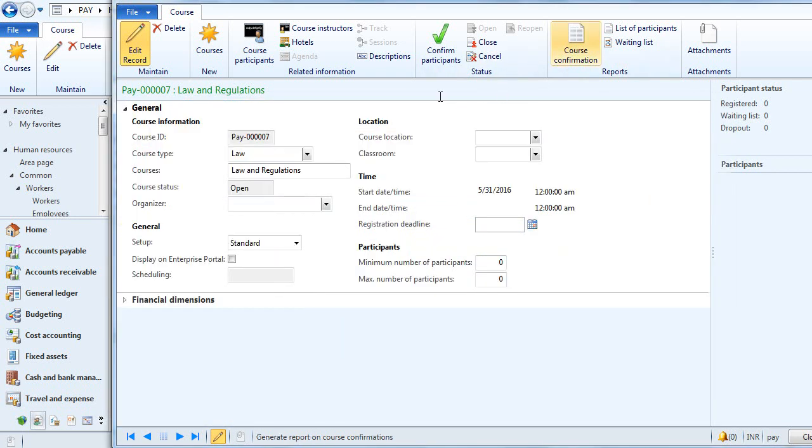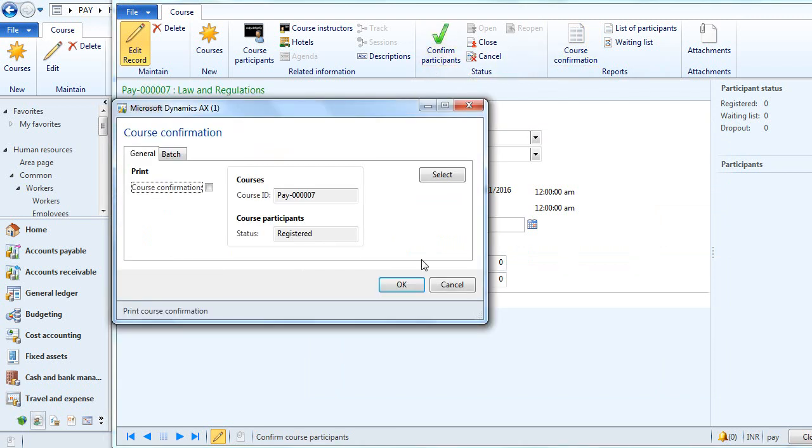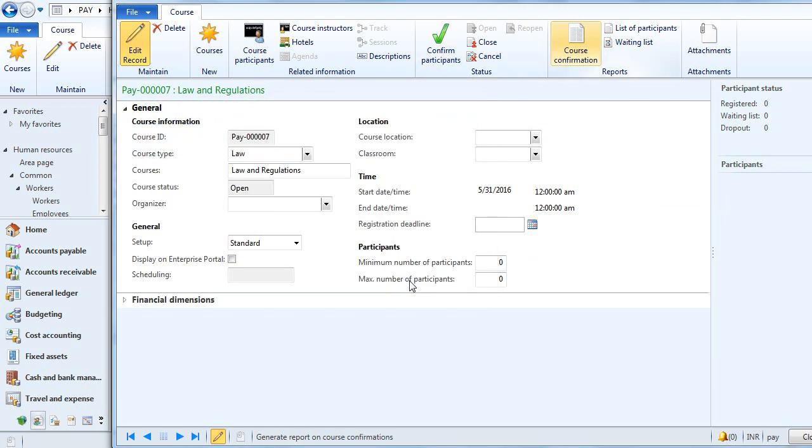We can confirm participants in this status tab on the action pane. This is how we schedule the training and how we maintain the list of participants who have registered for the course.